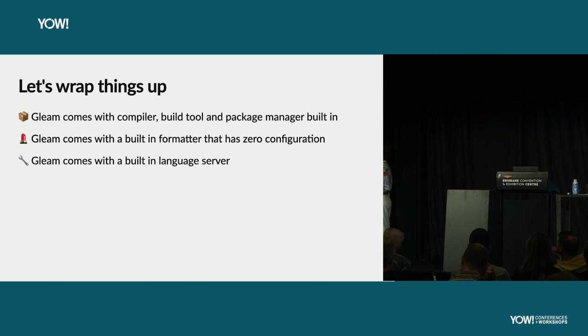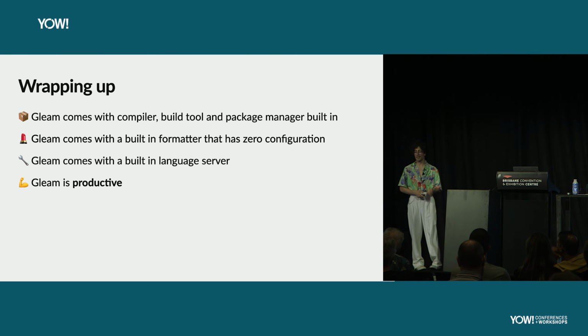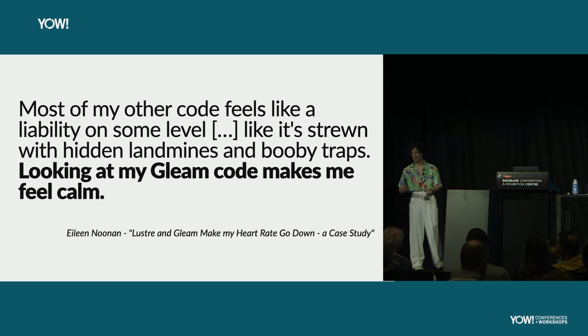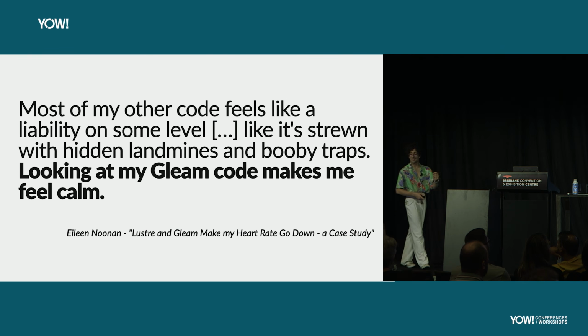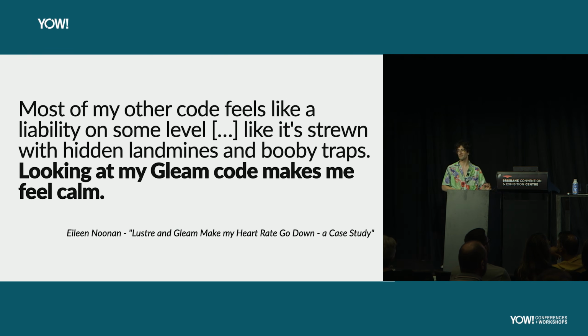So I started by describing Gleam as friendly, type-safe, and scalable. But if I had to use just a single word, well, that would be productive. Gleam is a productive language, a language where you can get things done at the same time with a great developer experience. A quote I really love comes from a community member that's putting Gleam in production, Aileen, and she says, "Looking at my Gleam code makes me feel calm. Lustre and Gleam make my heart rate go down,"